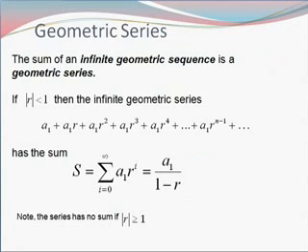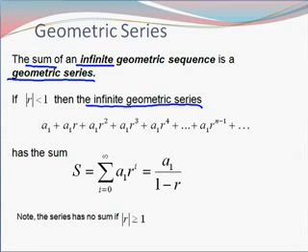Okay, just like with your arithmetic sequences and series, we also have infinite geometric sequences, and the sum of this is called a geometric series. If the magnitude of r is less than 1, then the infinite geometric series is the sum a1 plus a1r plus a1r squared, on and on all the way out to infinity. And our sum looks like S equals